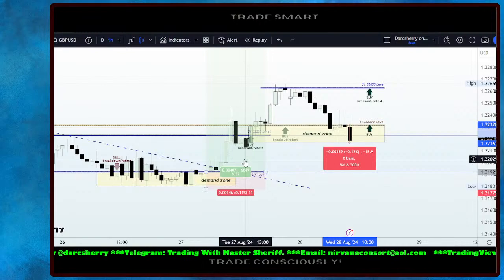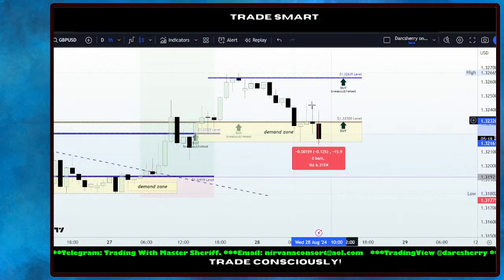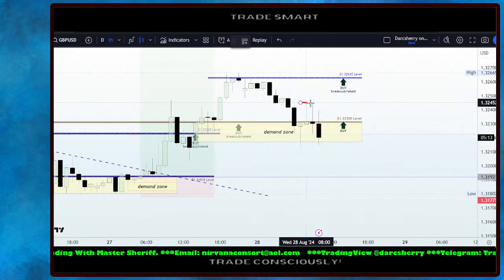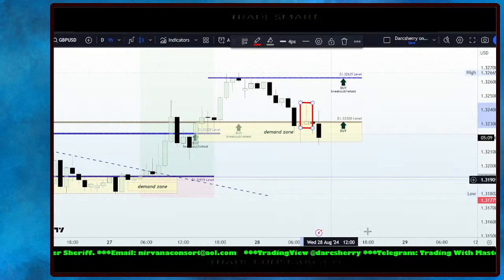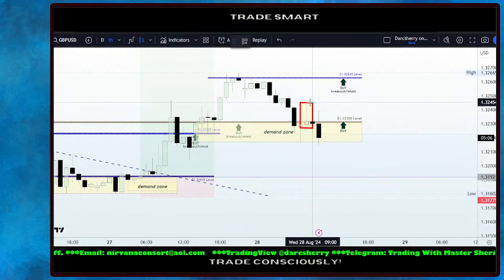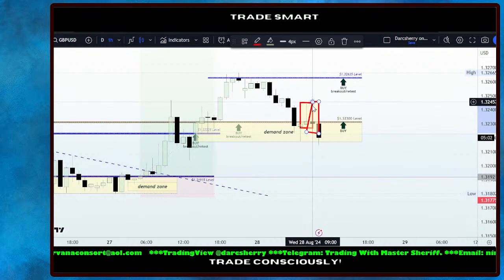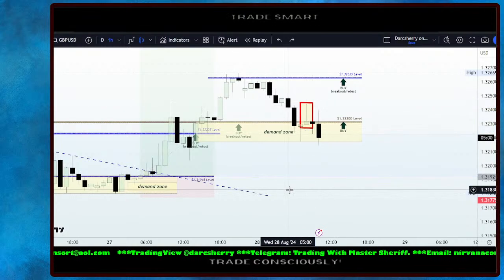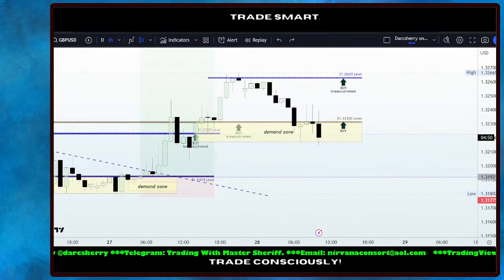Now, with the way things are going right now, and looking at the character of price action around the 1.32300 area, look at the nature of these candles here. You can see we have a couple of shooting star candles around this area, which theoretically says that sellers are really present in this particular area, and there is a tendency for price action to drop further to the downside. And if we take into consideration the fundamental factors behind the scenes, everything is in favor of the